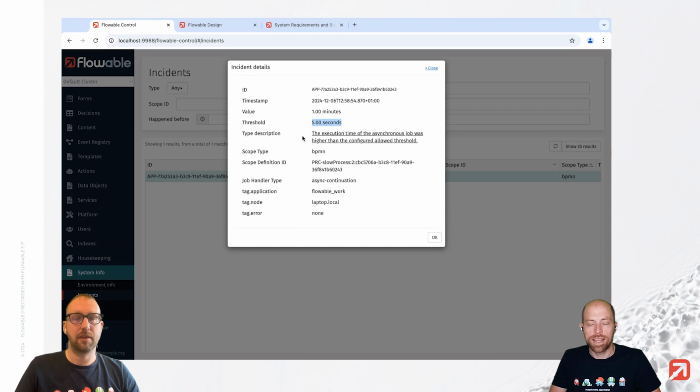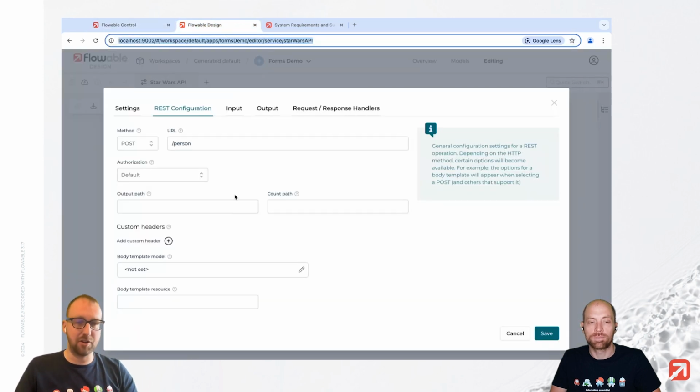Cool. The next point on my list is actually that there's a new way to configure the body of a POST request or something like that when you're using the service registry. Yeah, exactly. So if you go to Flowable Design, and there we go, you're already well prepared. If you now model any kind of HTTP method or REST API that supports a body, you can now reference a